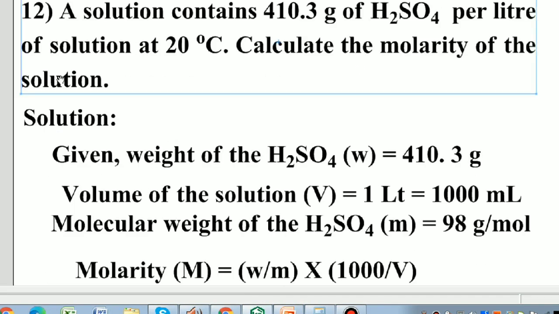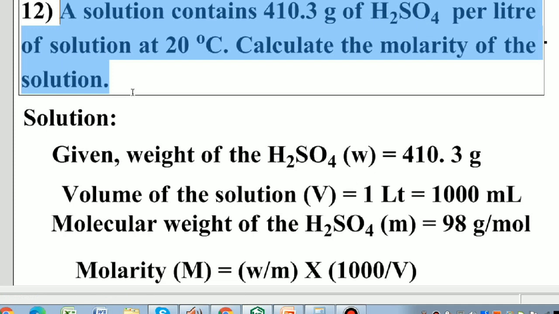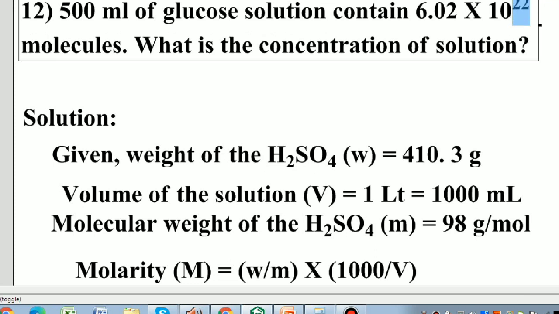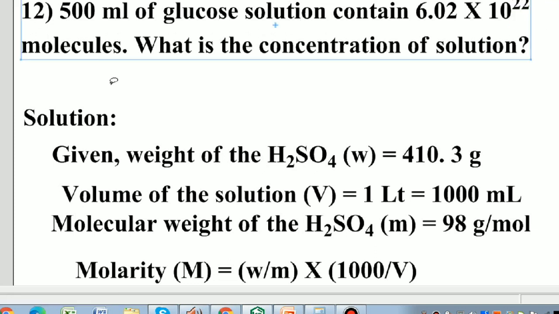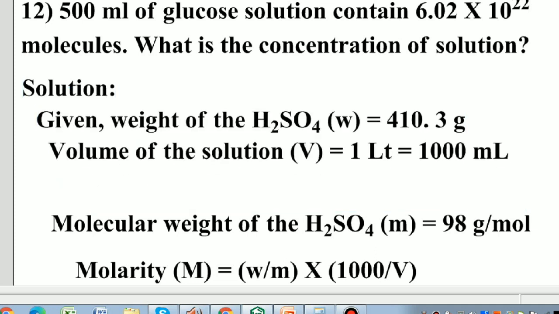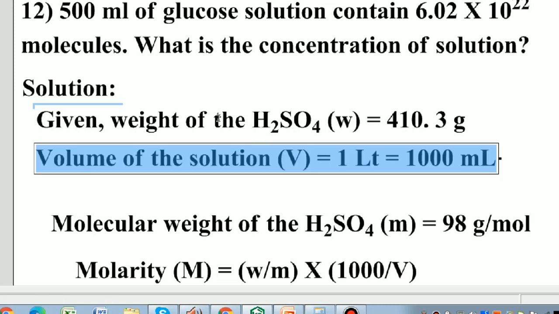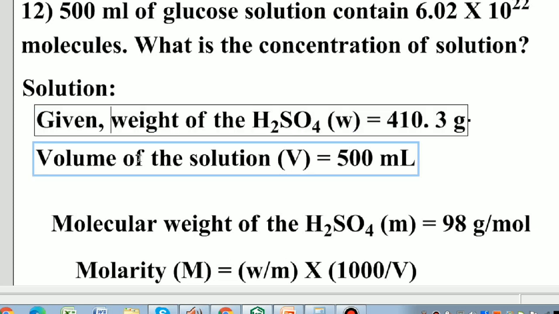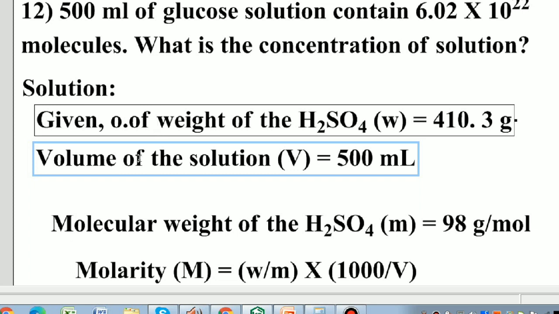The given problem is: 500 ml of glucose solution contains 6.02 into 10 to the power of 22 molecules. What is the concentration of the solution? Here the concentration is asked. So the given volume of the solution is equal to 500 ml, students. 500 ml is the given volume of the solution, and the number of glucose molecules